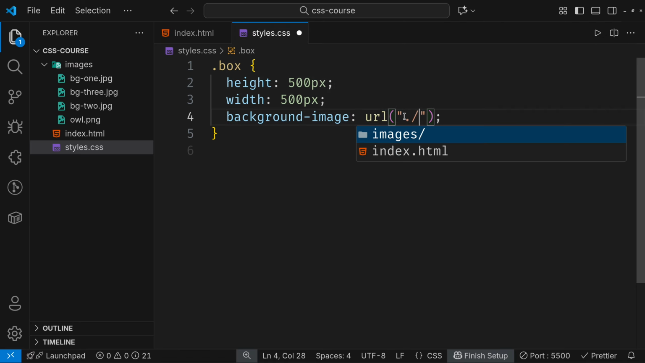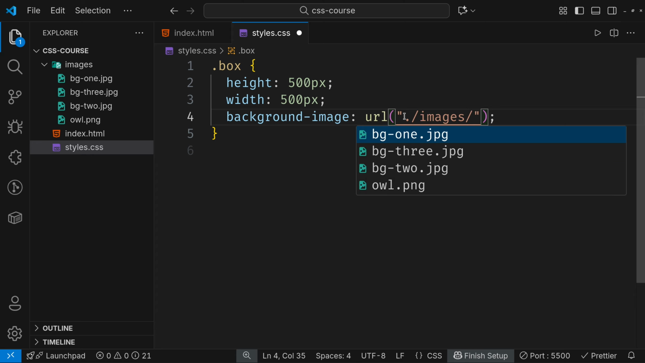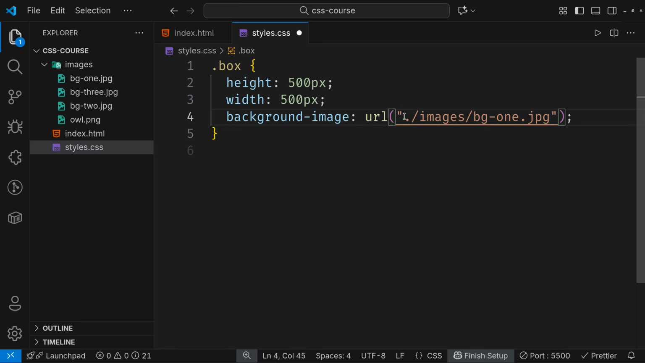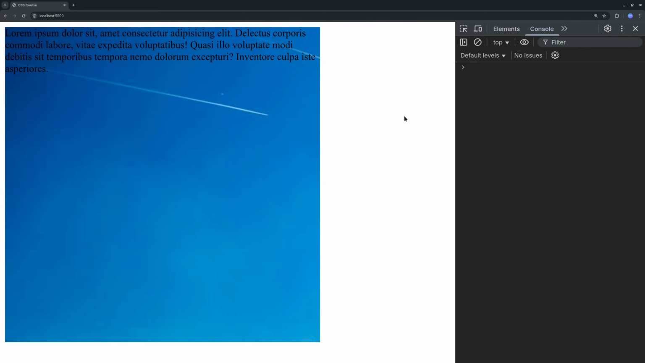So dot slash, then VS Code is auto completing, so we are in the current directory or the current folder, and inside of that we have the images folder, and inside of the images folder we will have these images. So I will go with bg1.jpg. Hit save, and if you go to the browser right now, as you can see, our image is showing up,